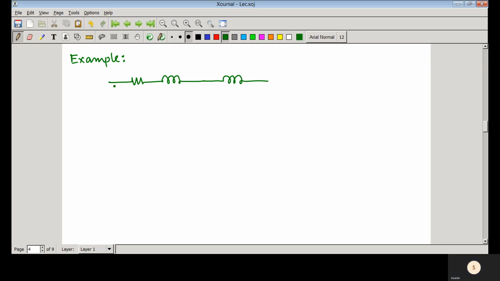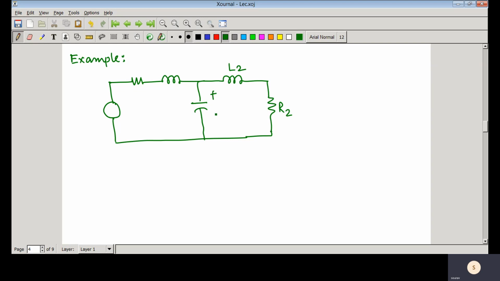one inductor. So here you have one source, a voltage source. Here you have that capacitor and one resistor, R2, L2. Suppose this voltage is EC, C is that capacitance, L1 is that inductance, and R1 is that resistance. And you have applied that input voltage E(t), and the current flowing here is I1, and the current flowing here is I2. So now the problem is as follows.